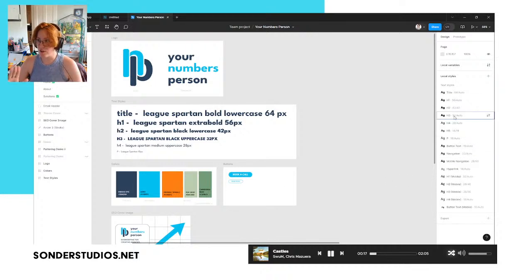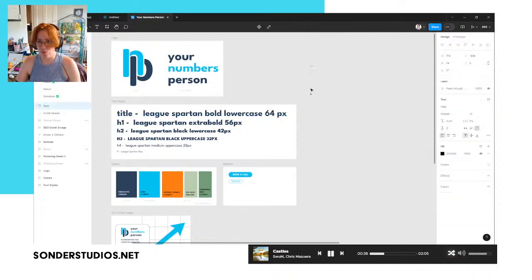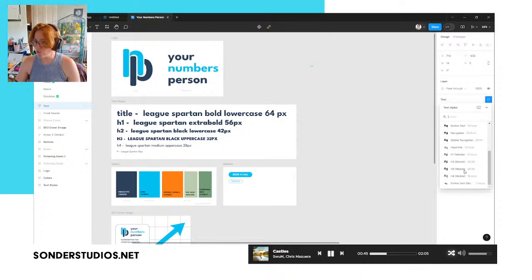And as you can see in my Figma file, in addition to having this all visually available for the client to look at, I also have them programmed in here. So that means, like you can see over here under local styles, I have all the different variations of my typography suite, which is listed right here. And that means whenever I create a text box over here, I can choose from any one of these options in the typography suite.